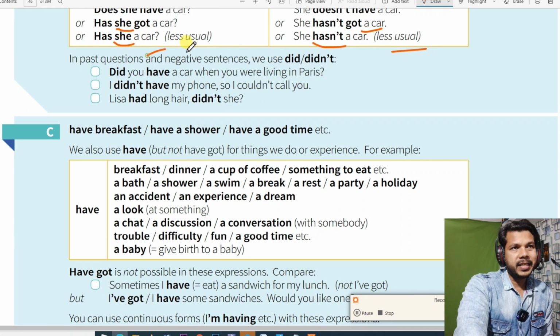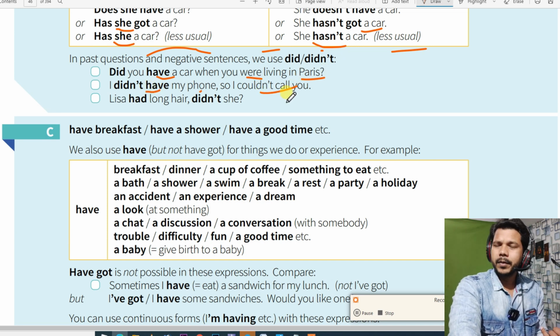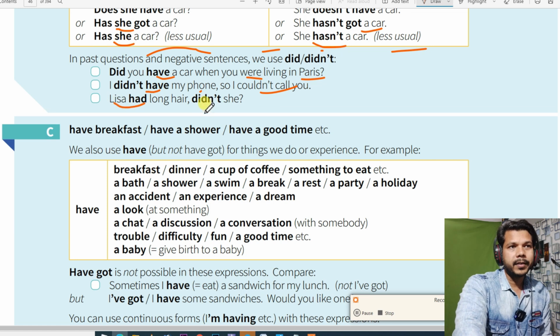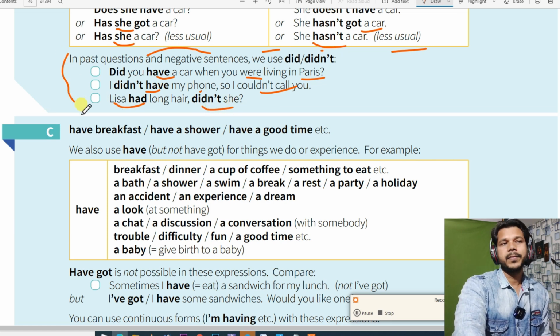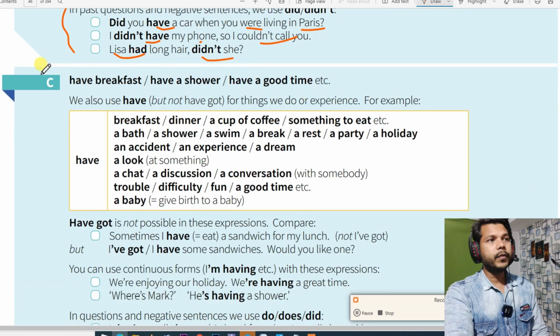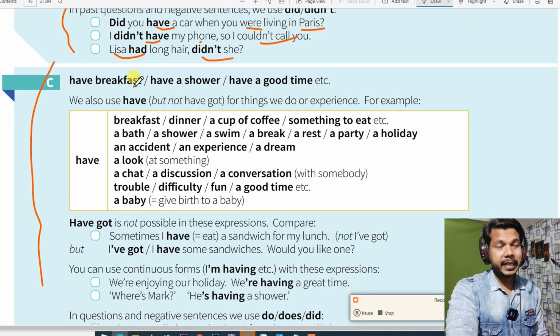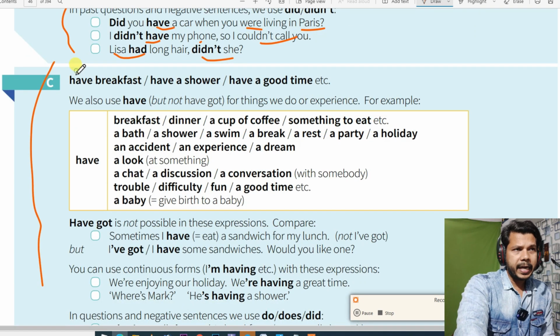In past questions and negative, we use did and didn't. Like, hey, did you have a car when you were living in Paris? Correct. I didn't have my phone, so I couldn't call you. You can say, Lisa had long hair, didn't she? You can use like this. Got it? Now we'll talk about this section C, where you can use have for something which you are doing,